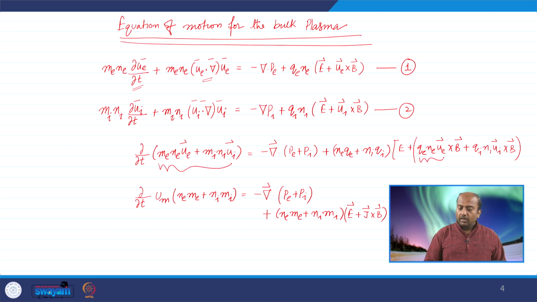So, this is the current density, right? I just brought the current density as Je and Ji. A sum of these is now being referred to as J. Right. So, this equation looks very familiar to what we know already. Okay. So, summarizing this, we can write the final idealized MHD equation or equation of motion for a single fluid